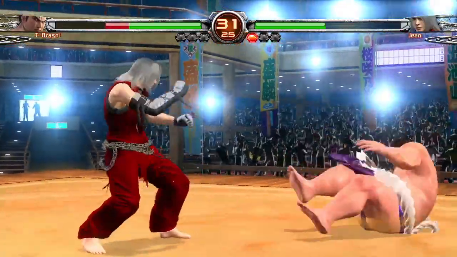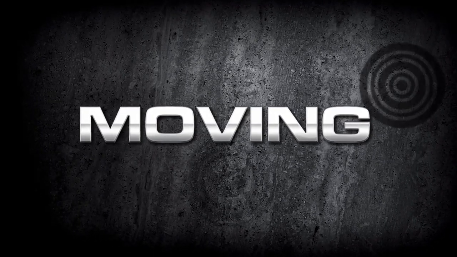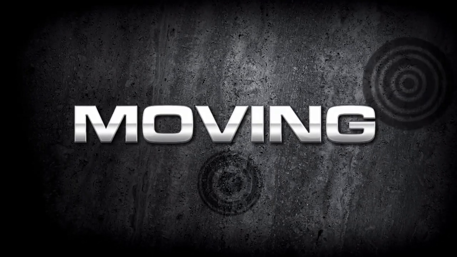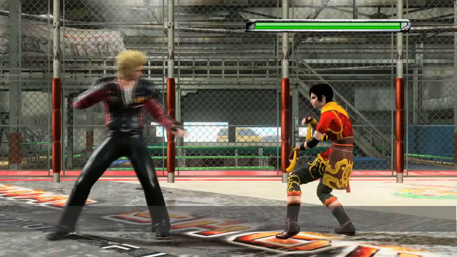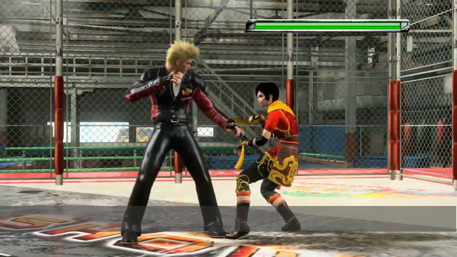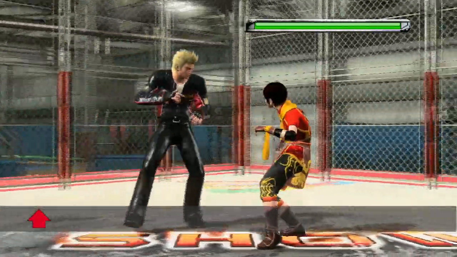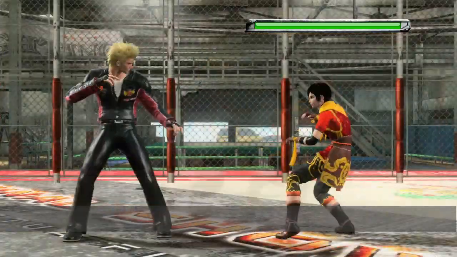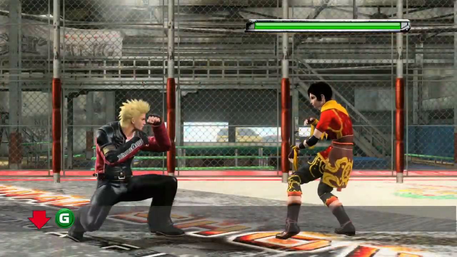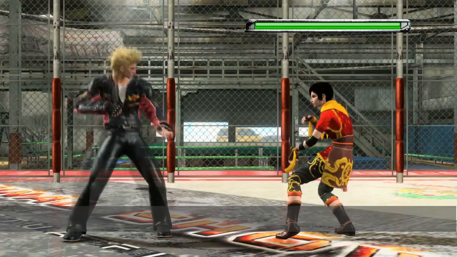We'll begin with movement around the stage so you can get into position for attacks or throws. You can easily move around the stage in 3D space with your joystick. Looking at the commands on screen, you'll see red arrows indicating that you're holding a direction. To protect yourself while crouching, hold guard and press down. You don't have to press guard to crouch, but it's a good habit to learn because it will prevent you